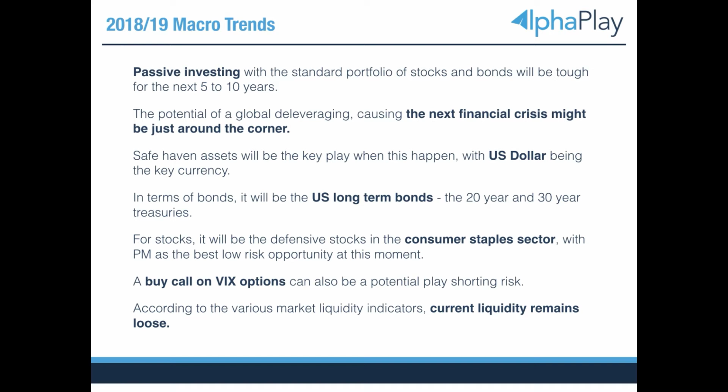So what we believe is that passive investing, that means you buy bonds, buy index, do nothing, will be very tough for the next 5 to 10 years. Even if you apply a dollar cost averaging strategy, you will suffer, because imagine if the next 2 to 3 years it goes into a recession. It takes another few years for you to recover to where you entered, and then the next few years to make more money from where you entered. I believe not many of us have that many 10 years to go.